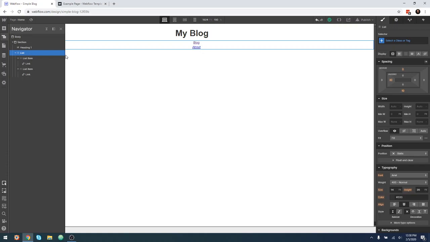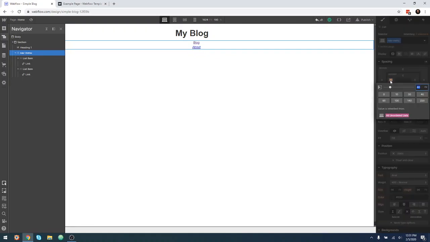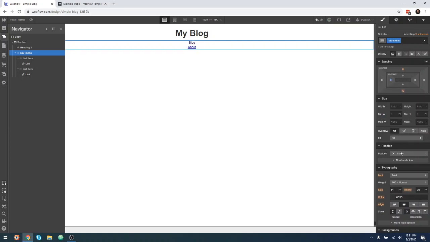And then we need to style our list, and our list is going to be, we're just going to call it nav menu. It's important to put these classes in here as much as possible because it's going to make dealing with the site later on a lot easier. So the nav menu, we don't need any padding, so I'm just going to make that 0 pixels, and we need this to be display flex,